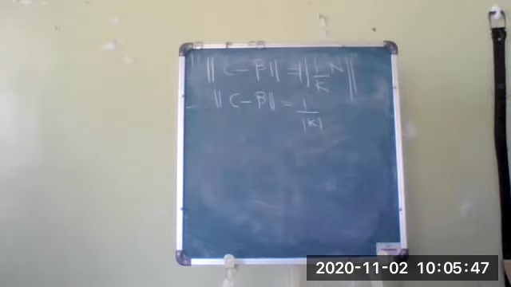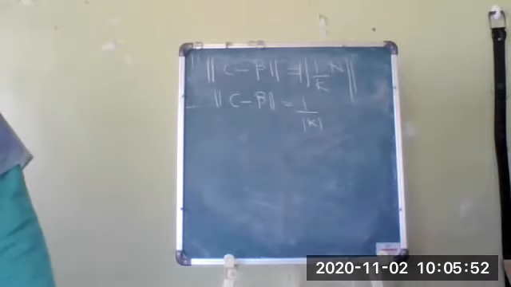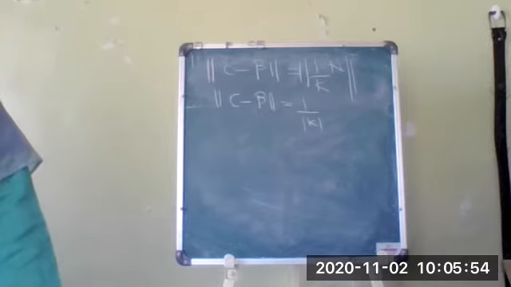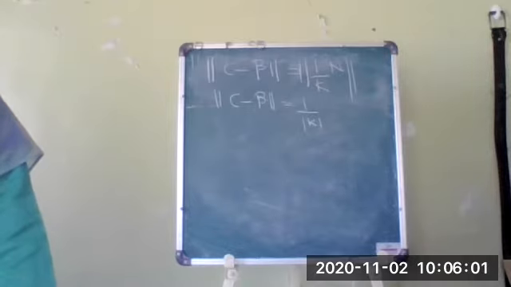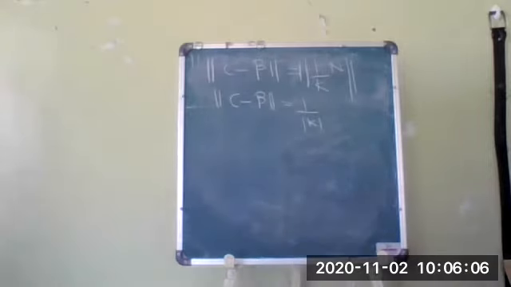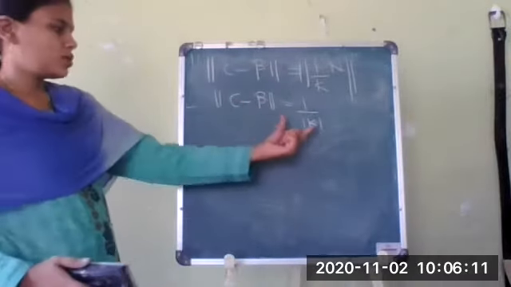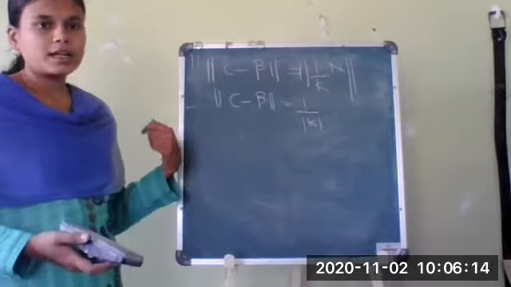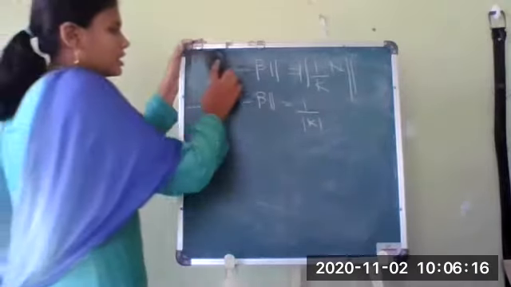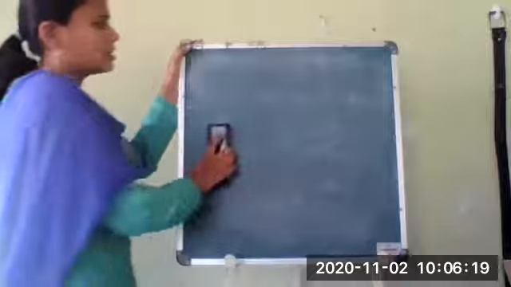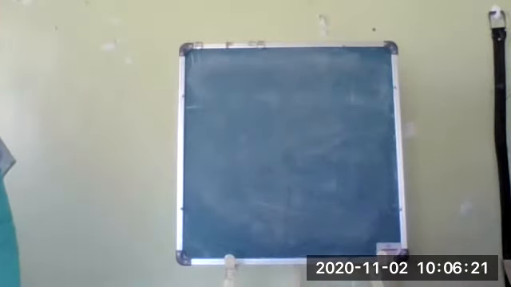upon k. It means that beta is always at a constant distance 1 upon k from a fixed point c. Your curve beta is always at a constant distance 1 upon k from the fixed point c in R3 space, which means that beta is a part of a circle with radius 1 upon k. There is no need to take a modulus because we are provided that k is greater than 0. So hence we can say that beta is a part of a circle with radius 1 upon k.